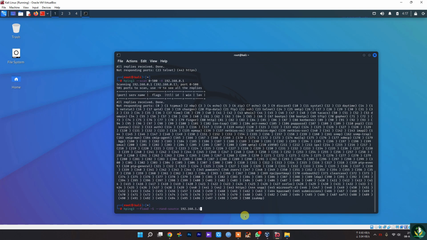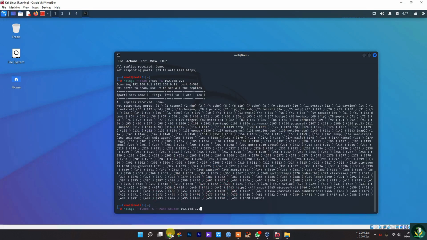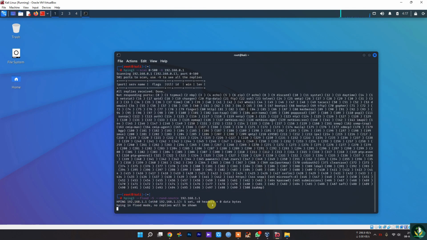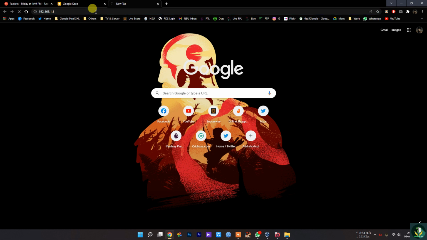As previously I showed you that this works without the attack, the DOS attack. So we are going to try and use the DOS attack to test. Let's just type enter. As you can see, this ping is in flood mode. If we just press enter, this will just load and load and load, and it will not give you anything